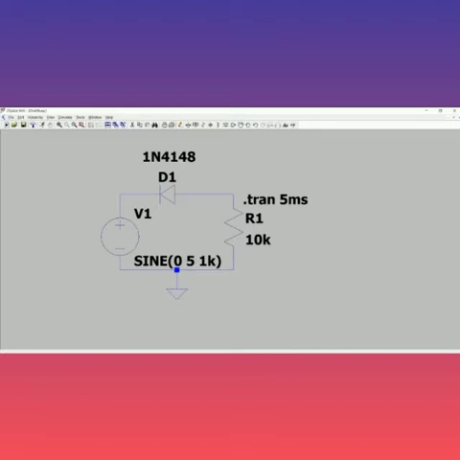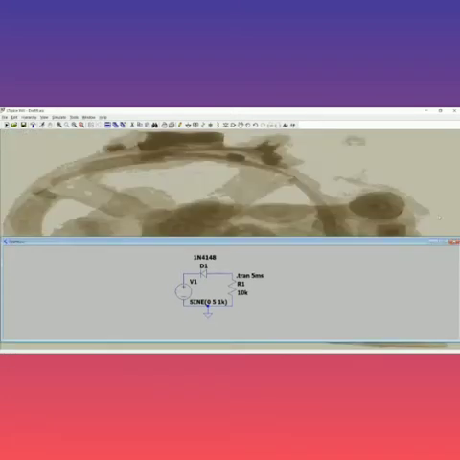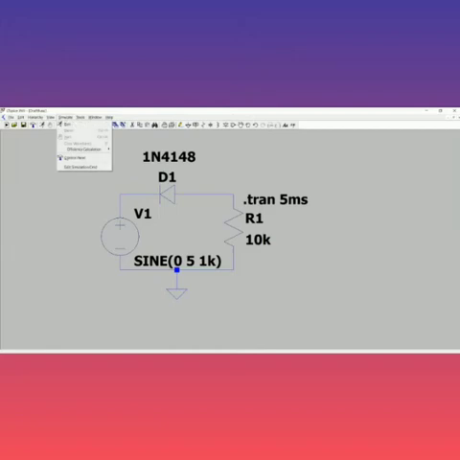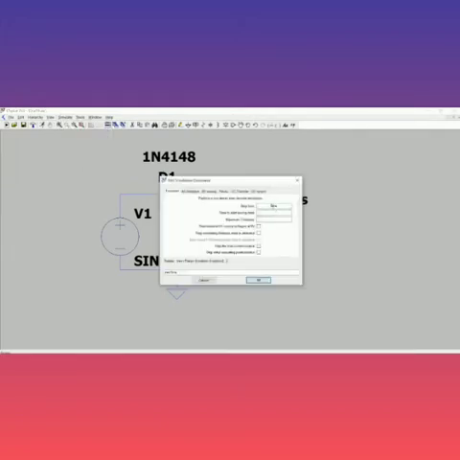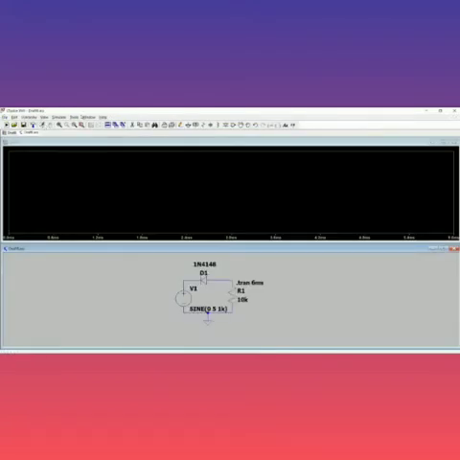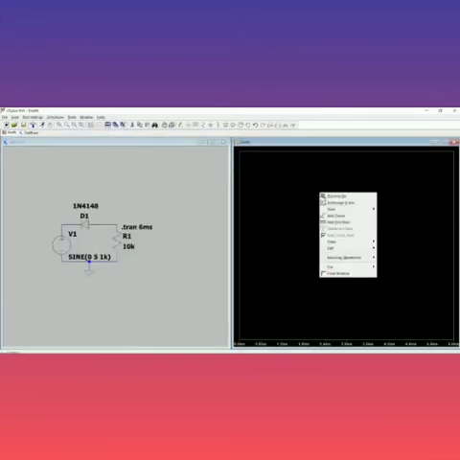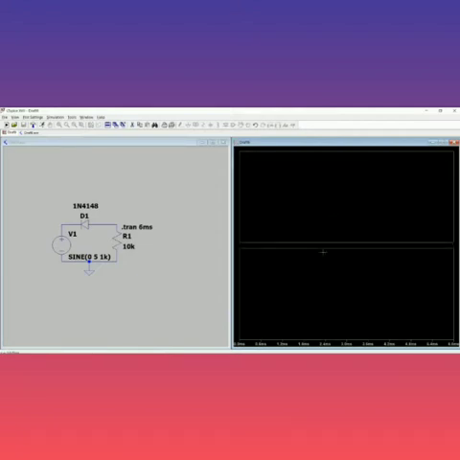Okay, fine. So now I'm going to give simulate run. I have to give simulate edit simulation command. So here I'll give 6. So for your differentiation I'll give 6 and show you the way. Give OK. So the next thing you can see the run option. Give click run. Okay. So now window tile vertically. Click here. Right click it and choose add plot pane. So two panes come here.